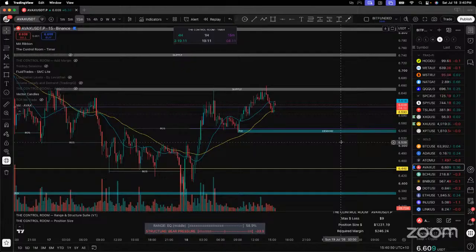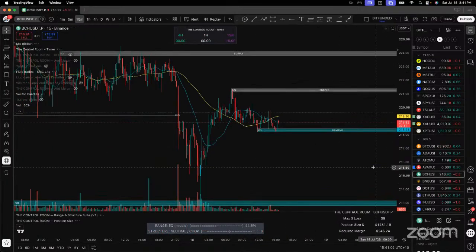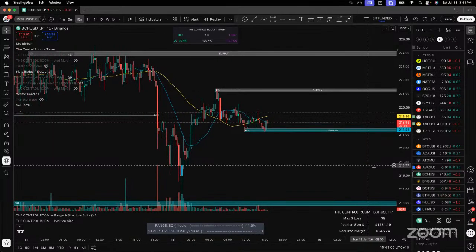Stop making things up. Righto, so AVAX, I'm still looking for an add-on. So it's not an entry, can't get an entry yet. BCH, I didn't take. I wouldn't be taking that just yet. Scout's only for weekends, obviously.